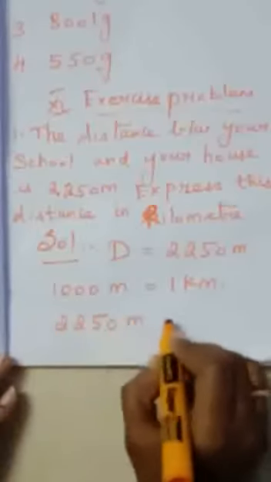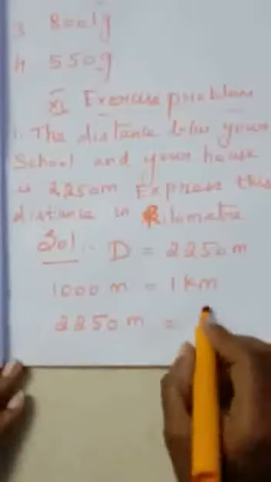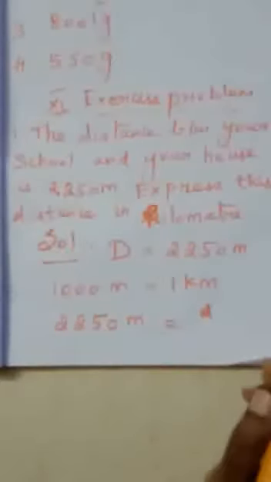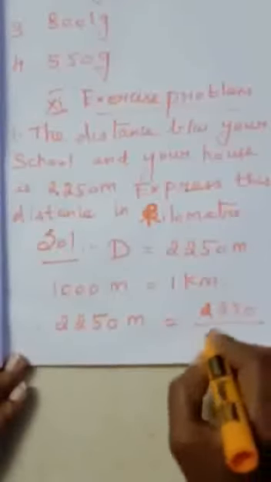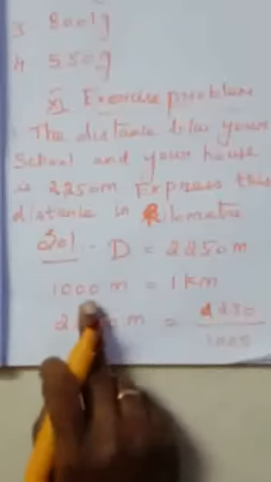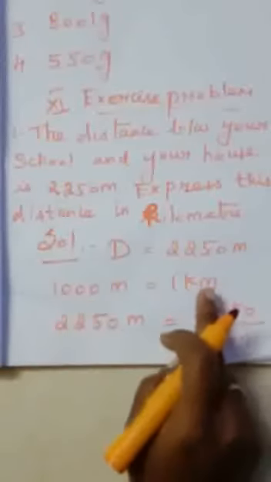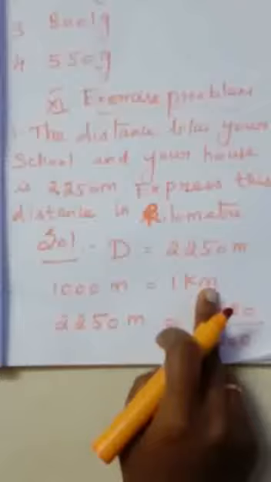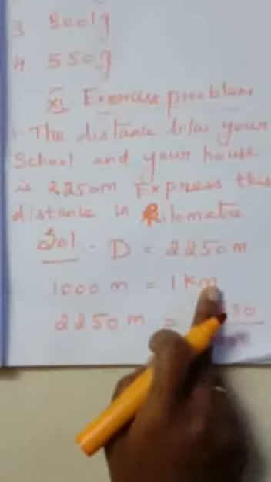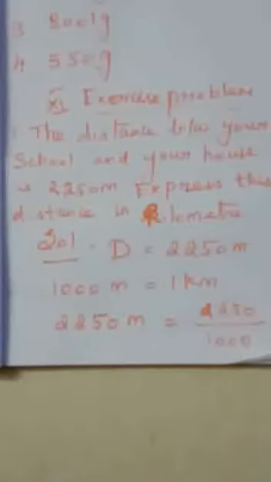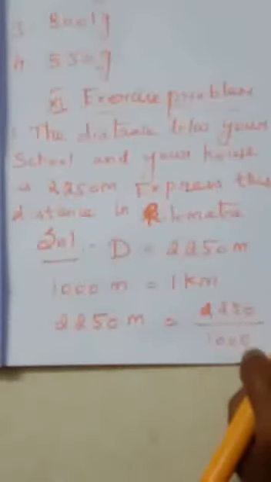With that, what is the question? 2,250 meter. It is the distance value. This you have to convert into what? Kilometer, right? 2,250 by 1000. So which is the small quantity here? Meter is the small quantity, kilometer is the large quantity. When you convert this small quantity to large quantity, what is the shortcut method? What is the step you have to follow? You have to multiply or divide. Absolutely, you have to divide, isn't it?